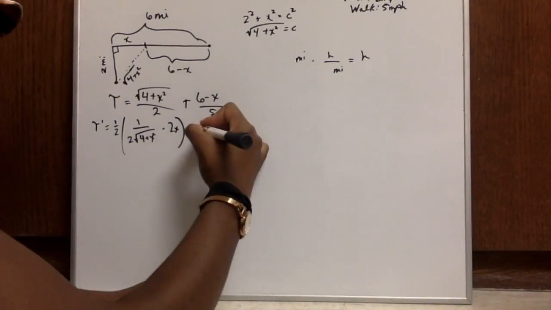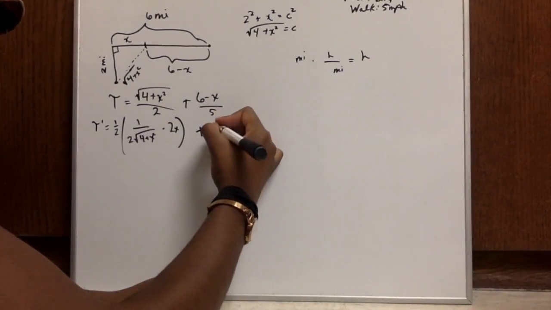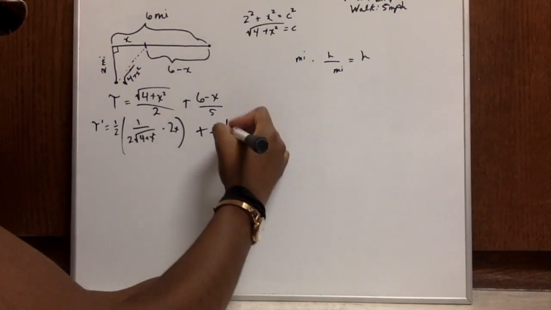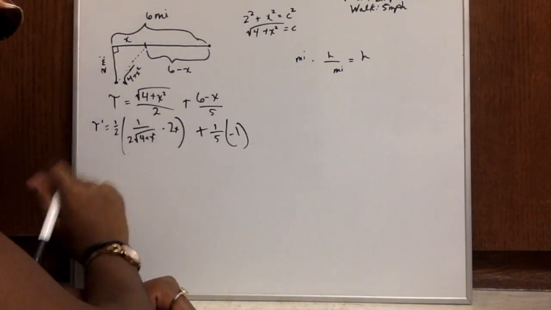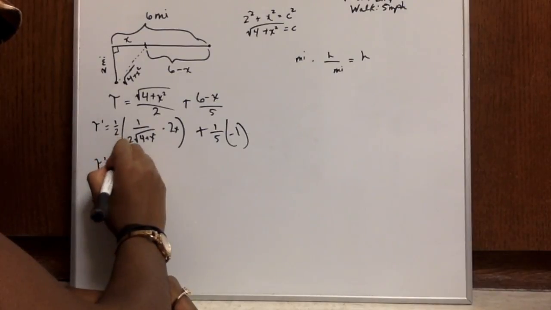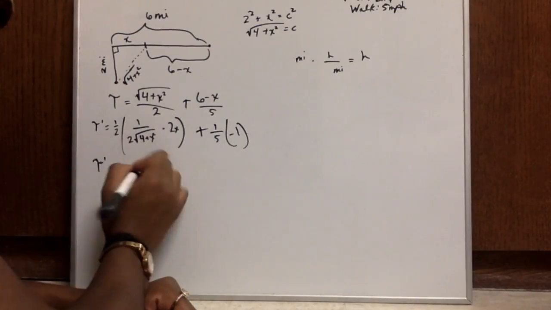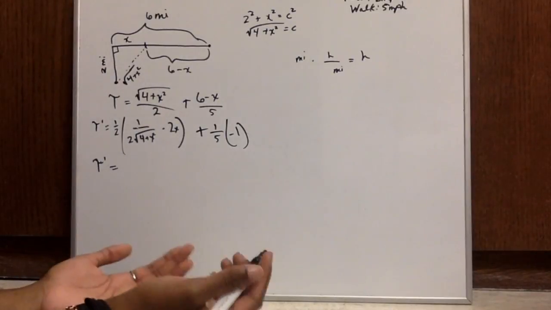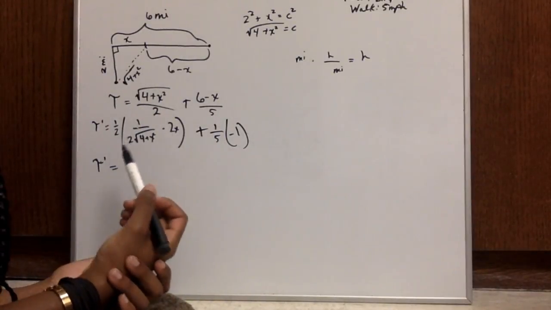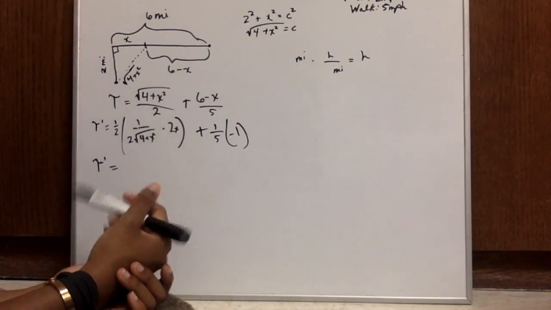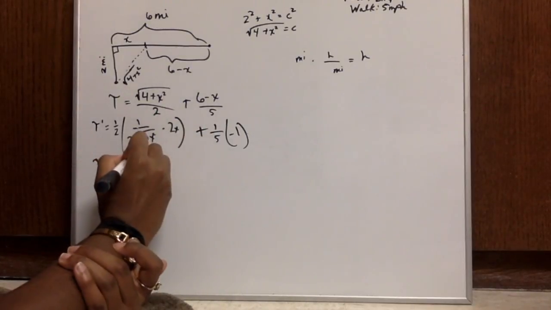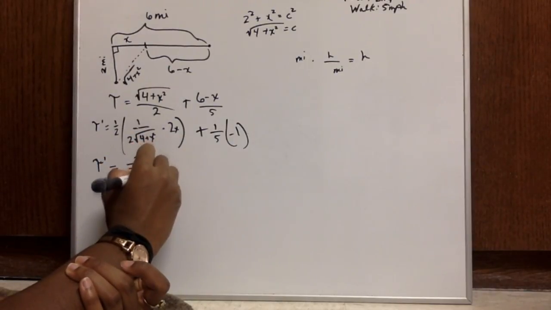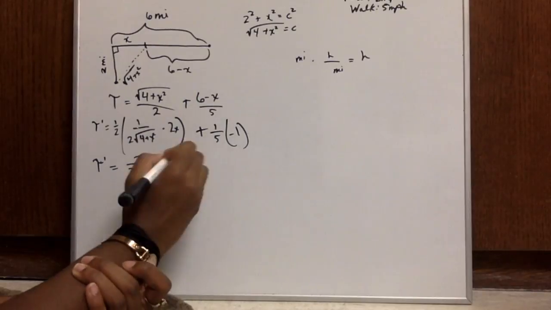By the chain rule, I'm going to factor out this 1/5. The derivative of 6 minus x is -1. So here, t prime is going to equal, 1/2 times 1/2 is going to be 1/4, and 2x over 1/4 is simply x over 2. So we're going to have x in the numerator over 2 times the square root of 4 plus x squared